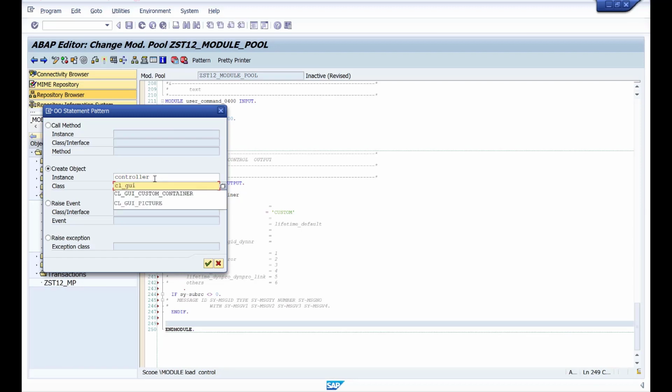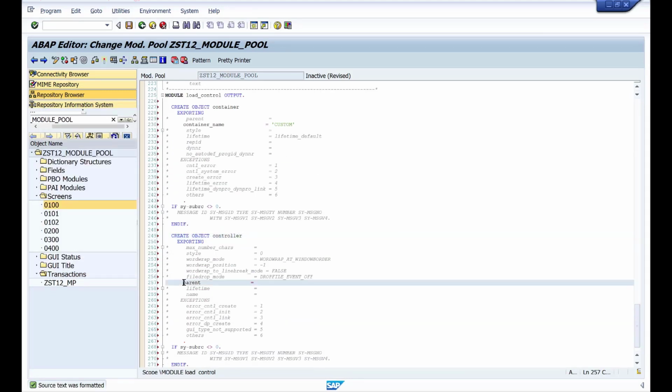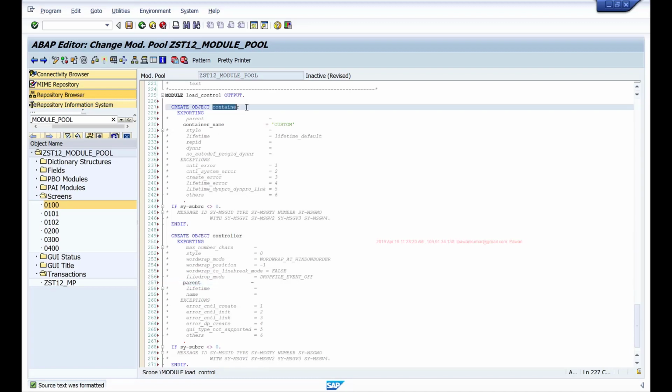CL_GUI_TEXTEDIT is the class, and to this there is one parent parameter to which I can pass my container object that I just instantiated.